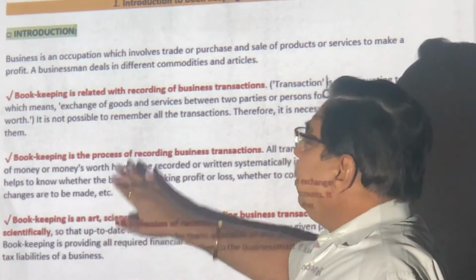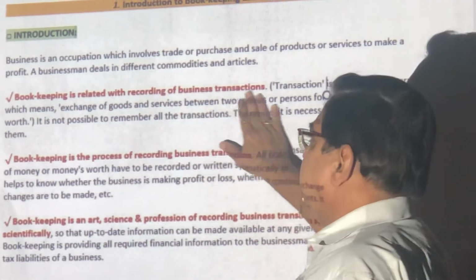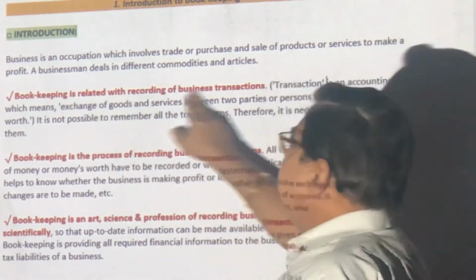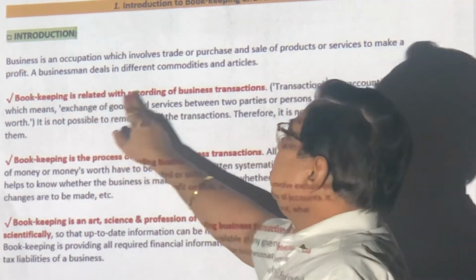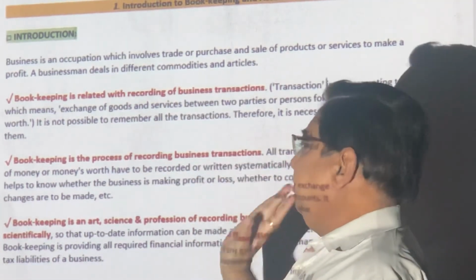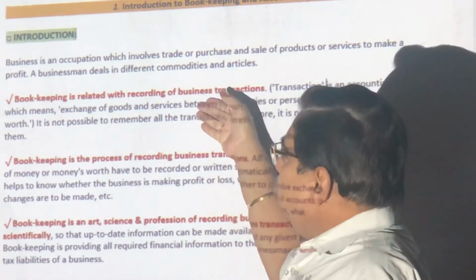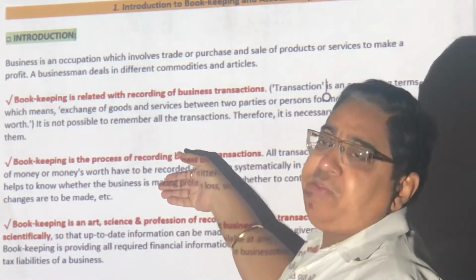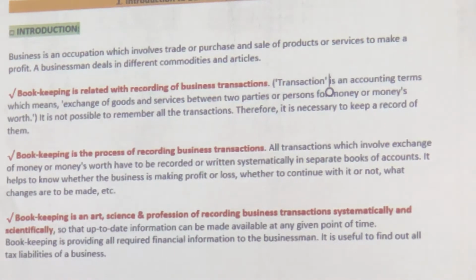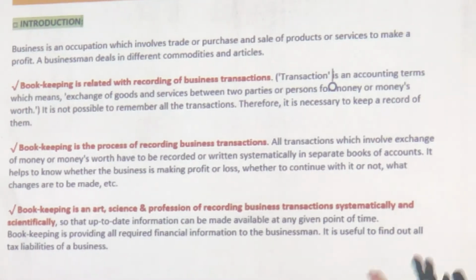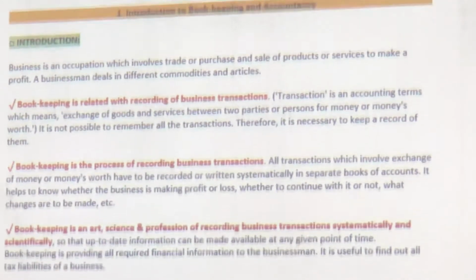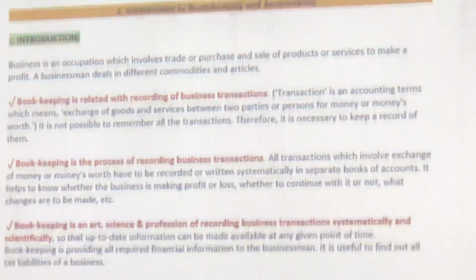Now, how many definitions should you remember? Please remember, you should not try to change the definition. Bookkeeping is concerned with recording of business. You can't change essential terms. You must use at least 2 definitions in your answer. Then only you will be given good marks. The more you write, the better. You may say it is like social science, but you will have to remember. We will go for the next one.